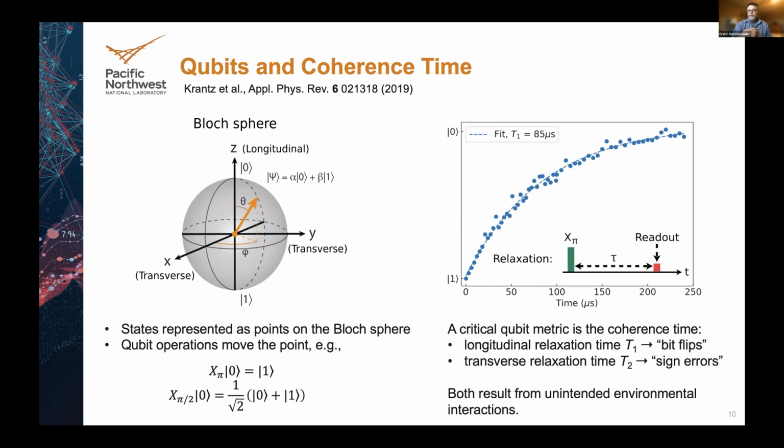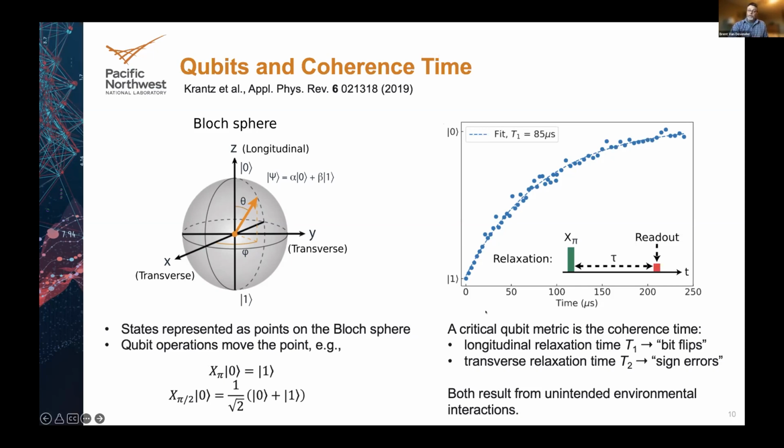Operations done on qubits, like gate operations you would do for a quantum computing operation, are represented as rotations on the Bloch sphere. So for example, an x pi pulse means we rotate by pi radians about the x-axis. So if I apply that to the 0, I should rotate around to the 1 state. Or I could do the same, but only pi over 2 radians, and that would take a pure 0 state and put it on the equator in this superposition of 0 and 1 states.